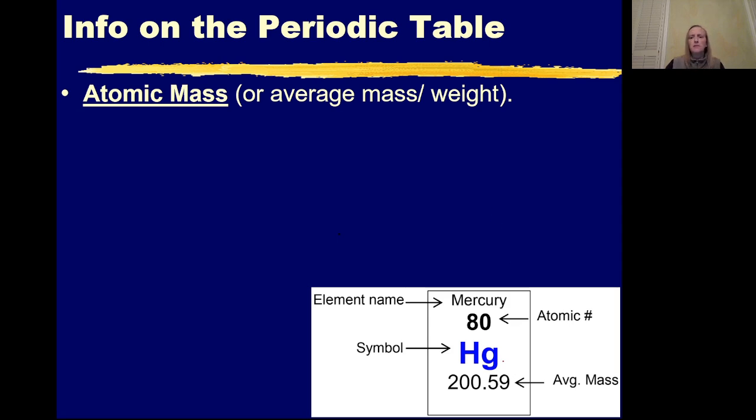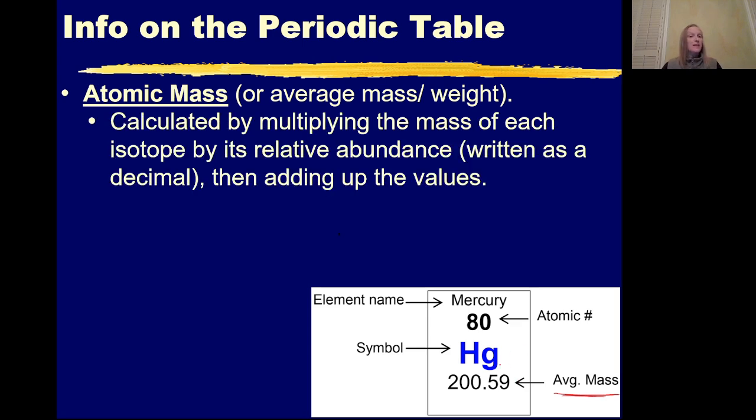The next important piece of information that you'll see on a periodic table is the average mass, which is also called the atomic mass. This is always going to be a decimal number because it is a weighted average of the relative abundances of all of the different isotopes that exist of that element. So